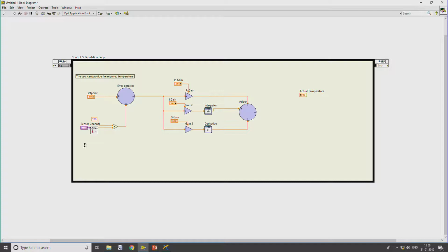Whereas this is the temperature sensor data with amplification, and whatever we get is the error output, and then the P plus I plus D controller realization.